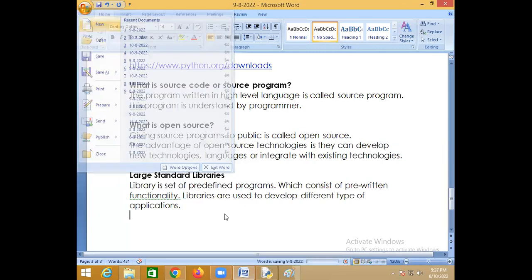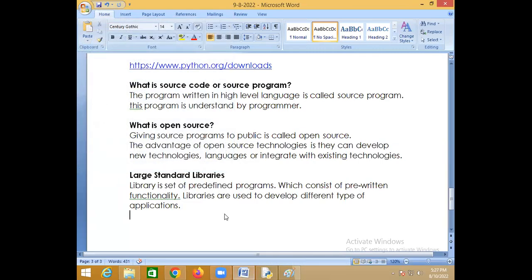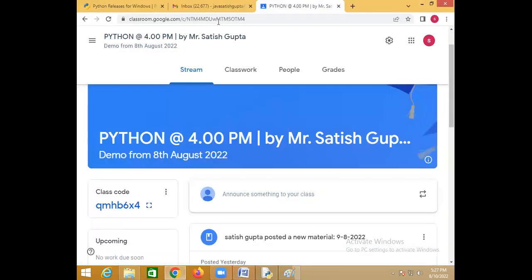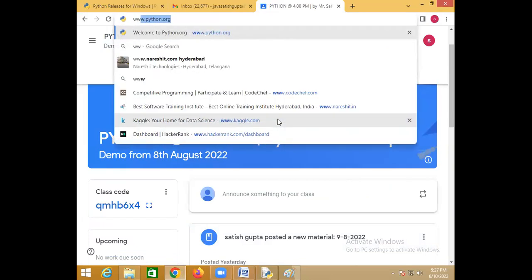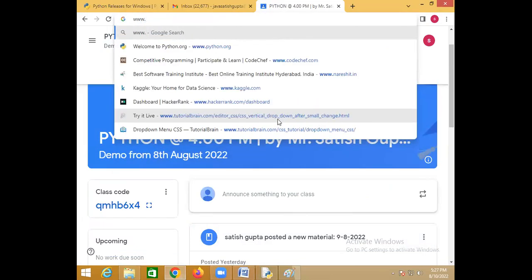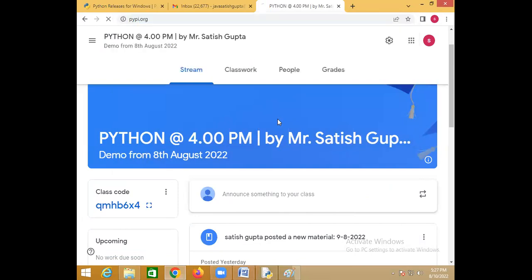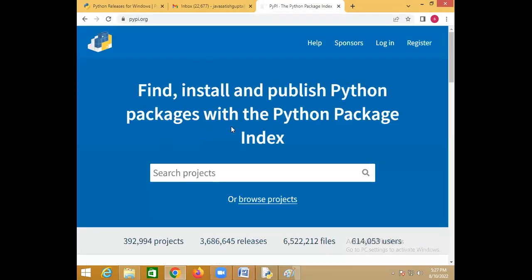So Python is having a very big community, and the community people develop so many libraries, and where do you find all these libraries? You find them in one repository called pypi.org.